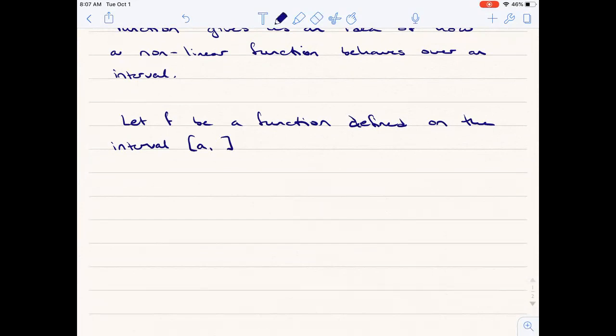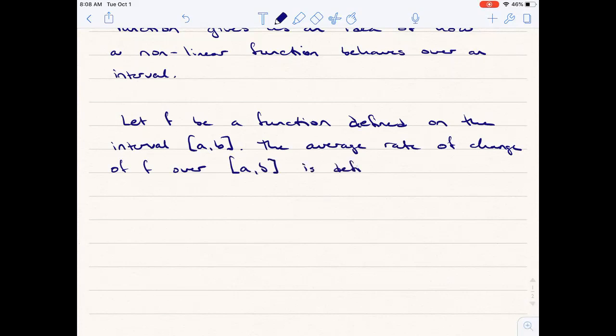So on the interval from a to b inclusive. The average rate of change of f over the interval a, b is defined as,